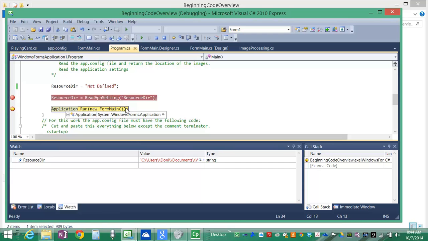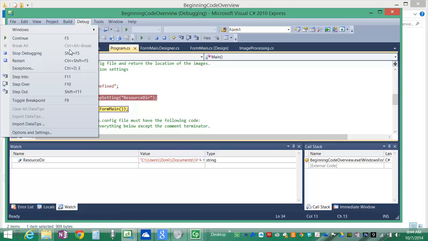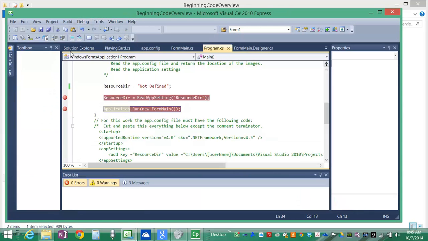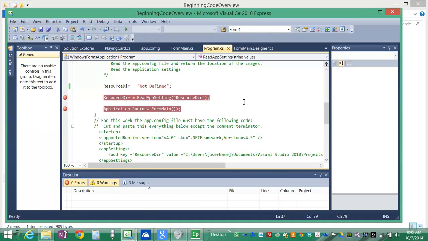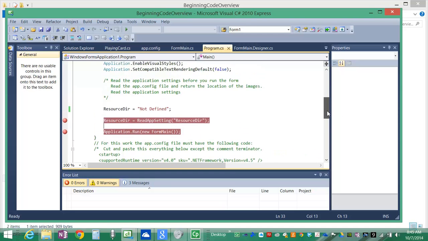I don't want you to continue on from this point, but rather stop debugging with Shift F5. At this point, I'd like you to pause the video and be able to answer the following